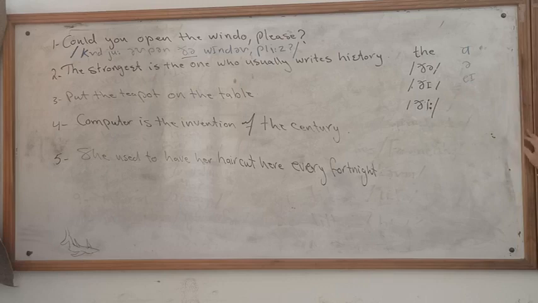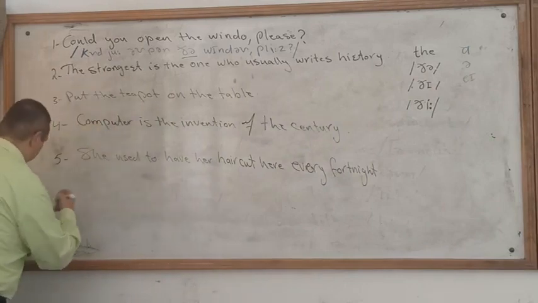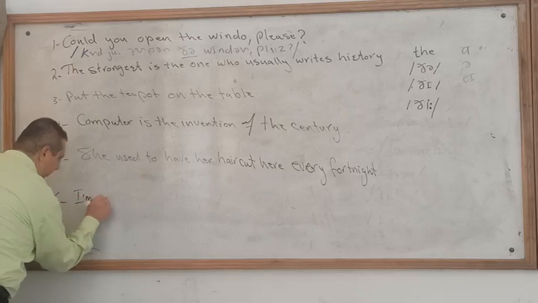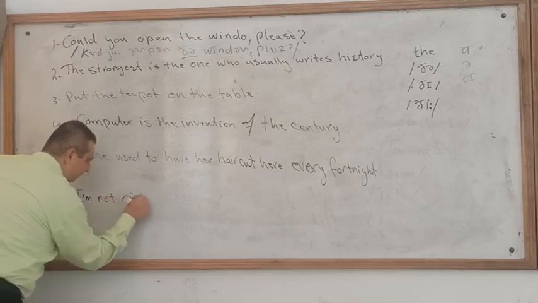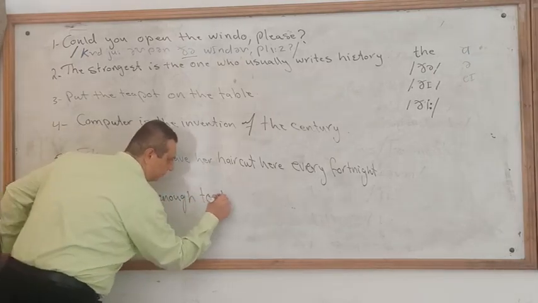Like, I'm not rich enough to buy a second-hand car. So my concentration is on second-hand car. So it's a second-hand car. I don't say a second-hand car. It's a second-hand car. Let me write the sentence here and transcribe it. 6. I'm not rich enough to buy